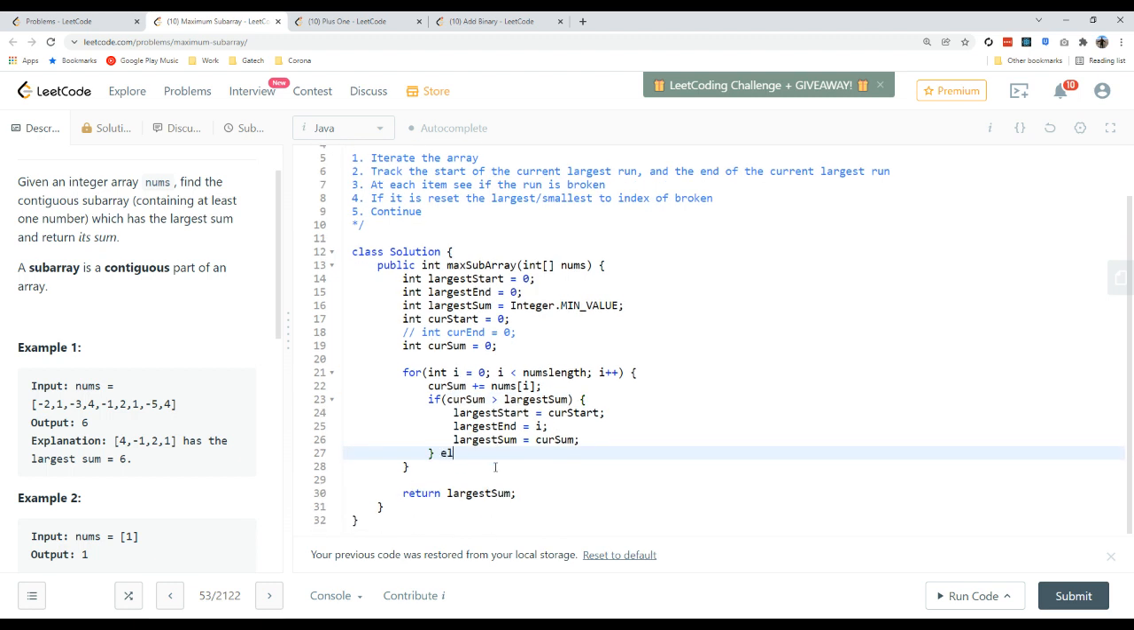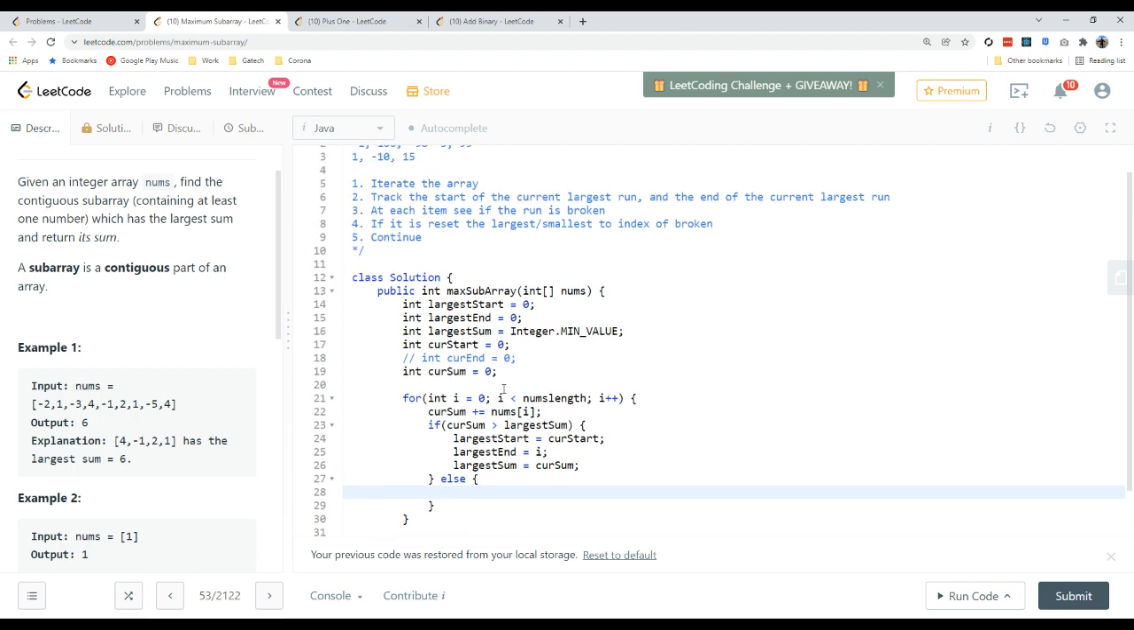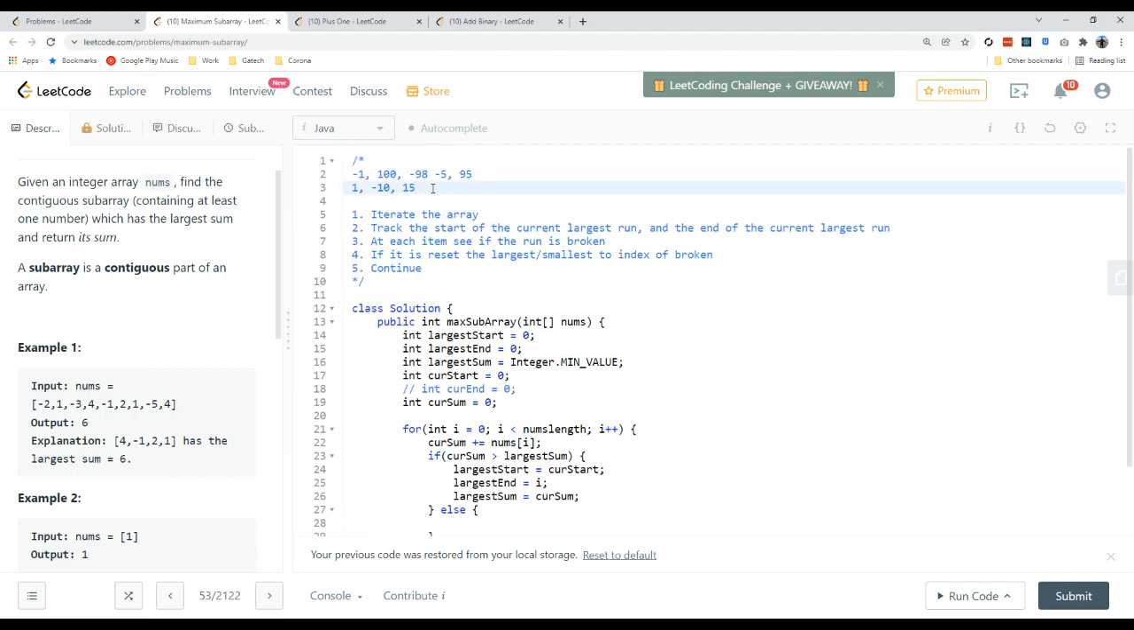And then if it is not, so else. So basically, if we found a, okay, so now I'm trying to think this through. So if we found one that's not larger, that doesn't necessarily mean that we can discard it, because in this scenario, it does, but in this scenario, we actually want to keep it because our longest run